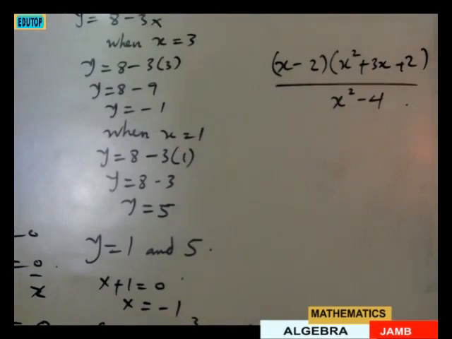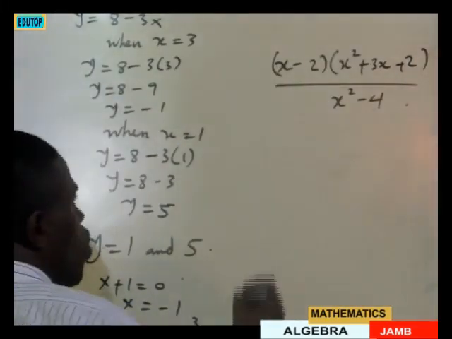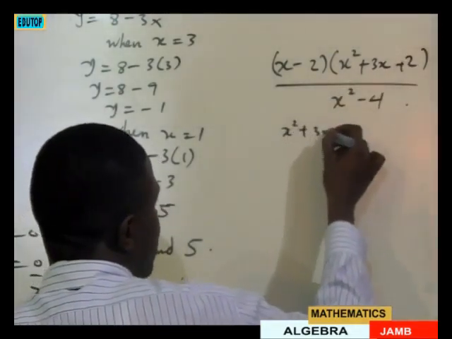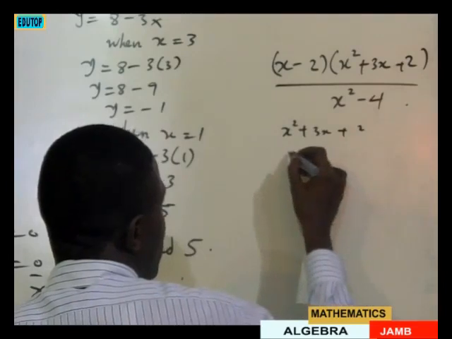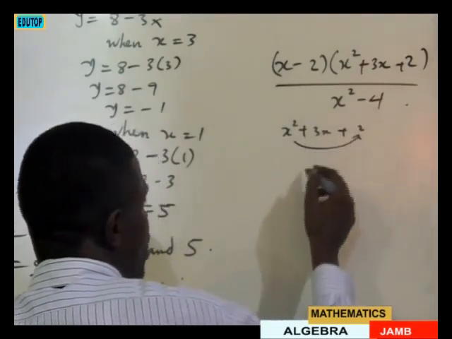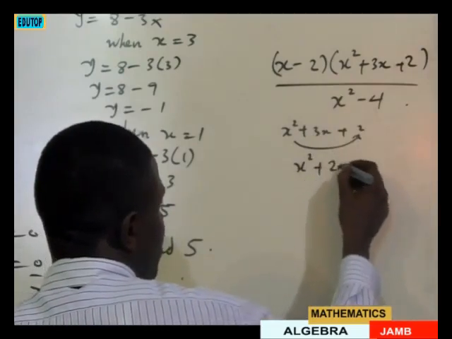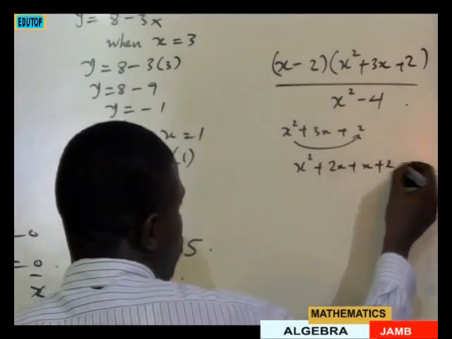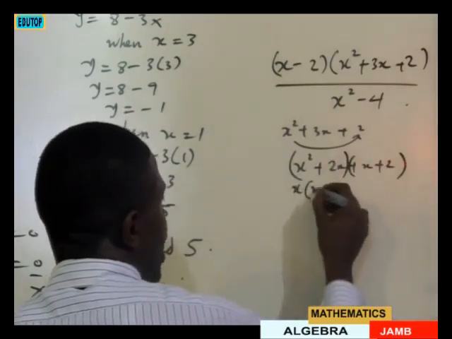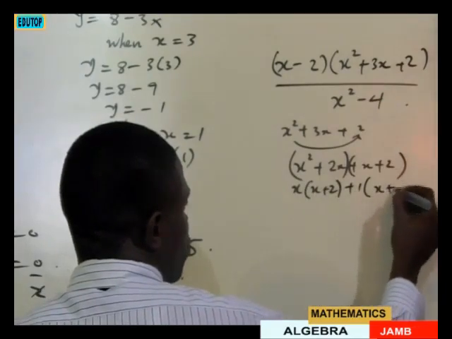also difference of two squares. So the first thing, I want to factorize this first. x squared plus 3x plus 2. So I will look for two factors of 2 whose addition or subtraction will give us the one in the middle. So x squared, that will be plus 2x plus x plus 2. So let me dissect this. What's common here? x is common, x plus 2. What's common here? Plus 1, x plus 2. So